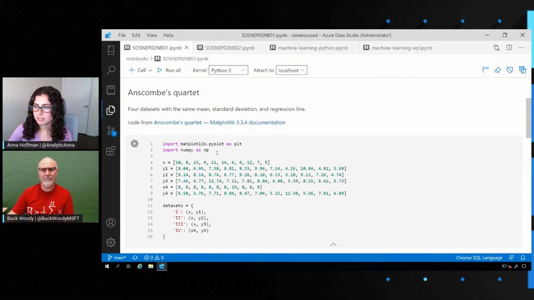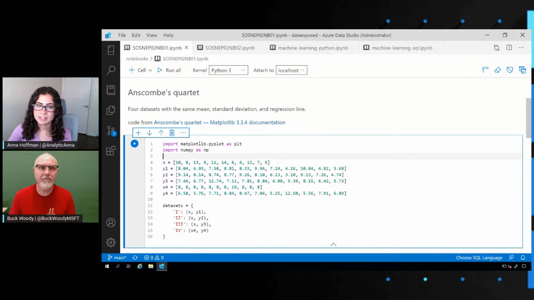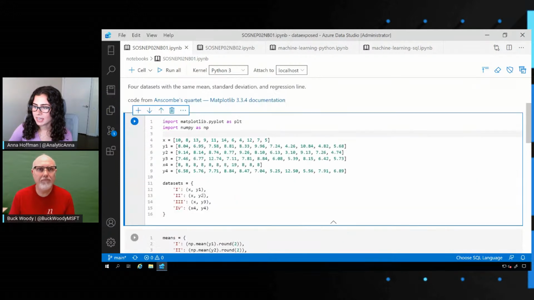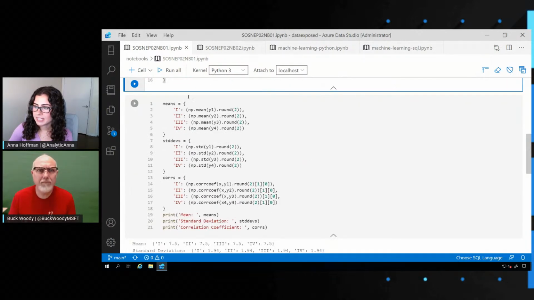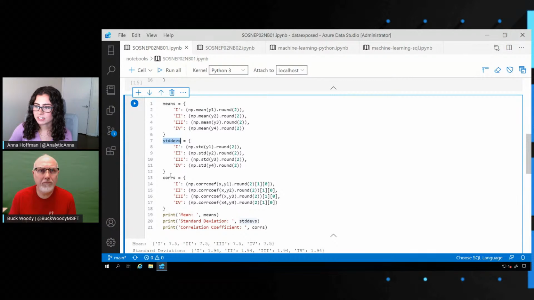What you can see is I'm using some of my favorite packages for plotting, matplotlib.pyplot and also NumPy. These are 2 great packages that most Python users use pretty extensively. I just put in some data sets, and you can see I have 4 of those different data sets. Now, what I did is I took the mean, the standard deviation,